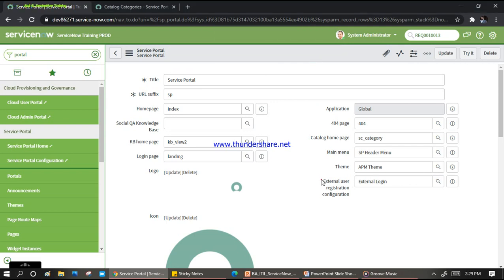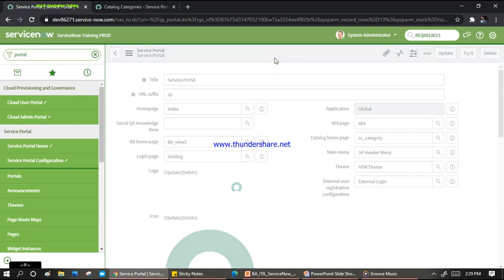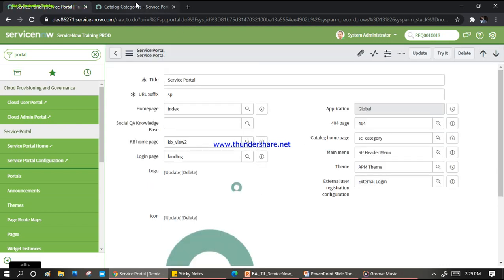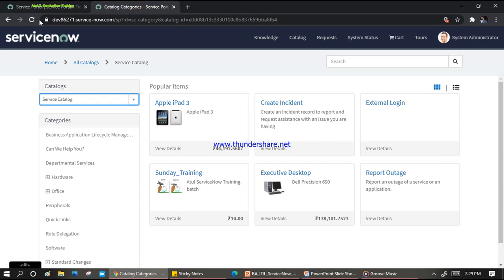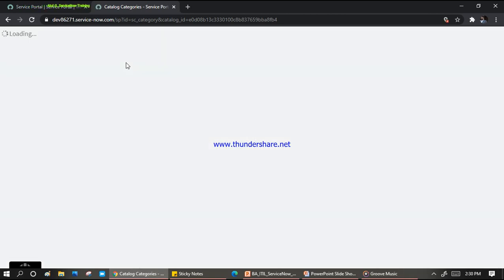Cancel. This is the new functionality given by ServiceNow in the Paris release. I already created a video for this as well, so you can go and check that part. This is a new functionality given by ServiceNow, and let me click on the save now first. Okay, let's go here, refresh our page and see whether my catalog item is appearing or not.